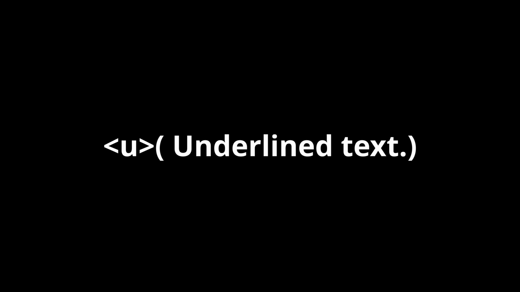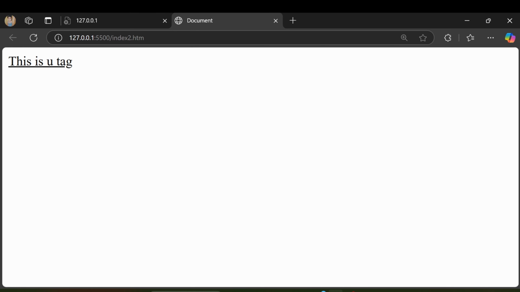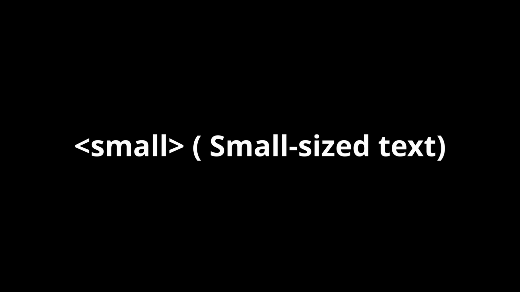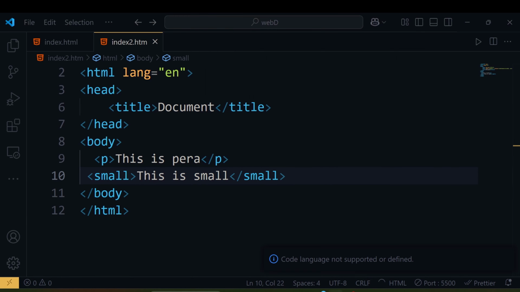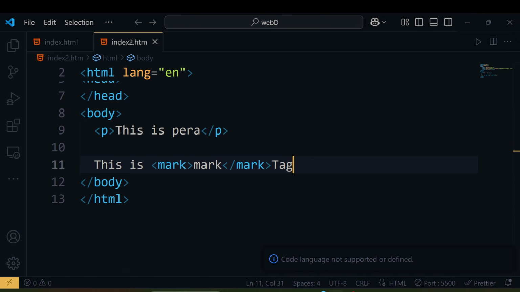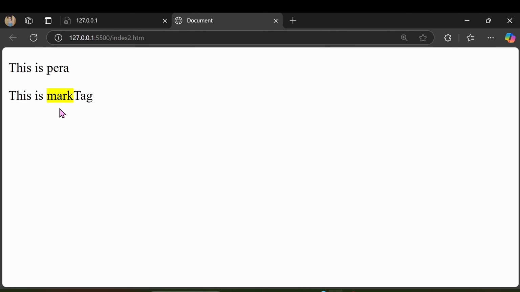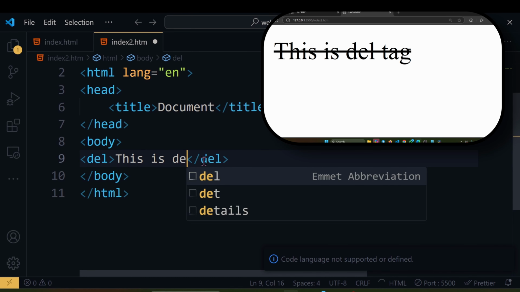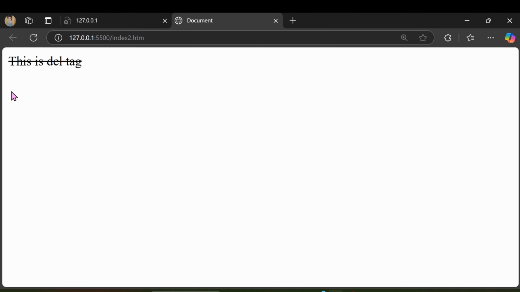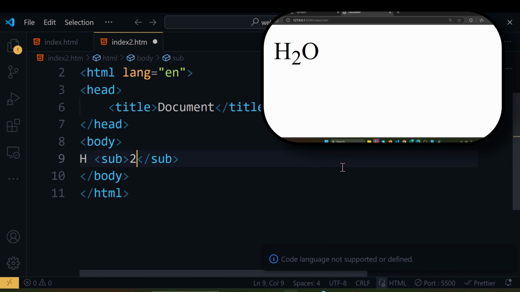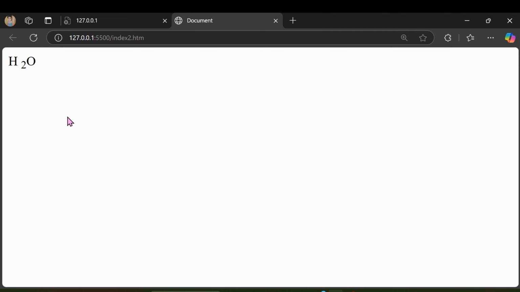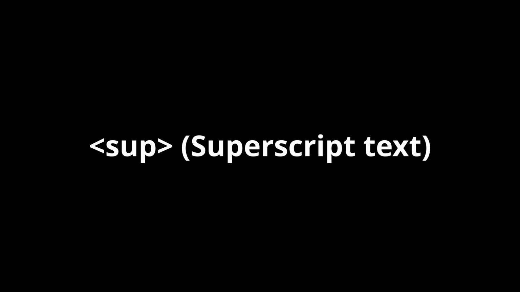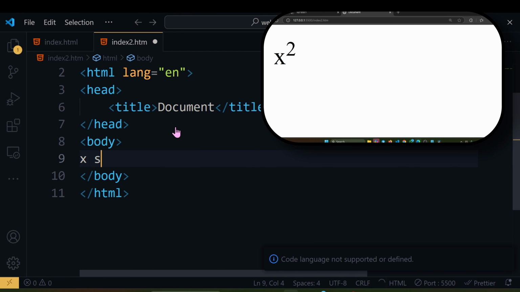Now the next tag is the u tag, which is used for underlining text. Next tag is the small tag, which is used for small sized text. Next tag is the mark tag, which is used for highlighting text. Meaning if we want to highlight some text, we can use the mark tag. The del tag is used for strikethrough text, meaning through this tag we can show deleted text by drawing a line through it. Next one is the sub tag, which is subscript text, used for writing this kind of text. Next one is superscript text, which is used to write